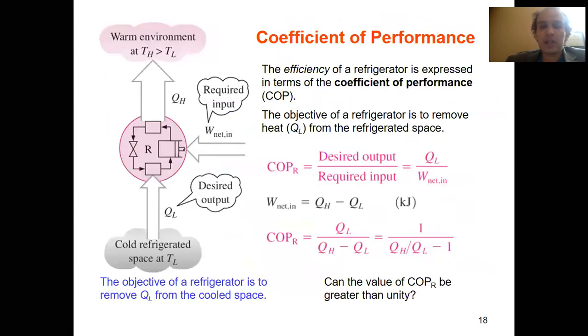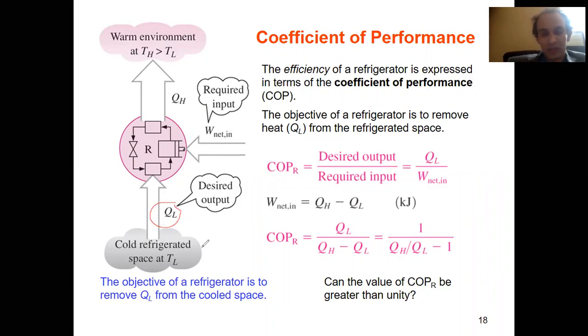Now, when we talk about refrigerator and heat pump, we don't talk about thermal efficiency, but we talk about COP, coefficient of performance. What is it? Again, the idea and definition is the same. Desired over required. Let's say you have your refrigerator. When you buy a refrigerator, what do you desire? Why do you need it? What do you want from your refrigerator? You want heat to be taken out from your food, from your fridge, from your environment, from your enclosure, right? That is what you require. But that is what you desired, that you want.